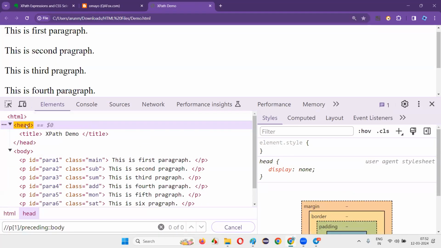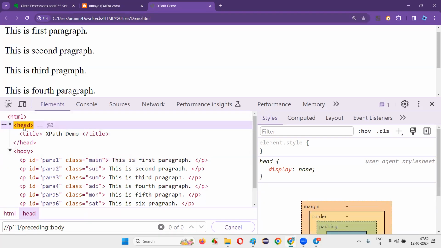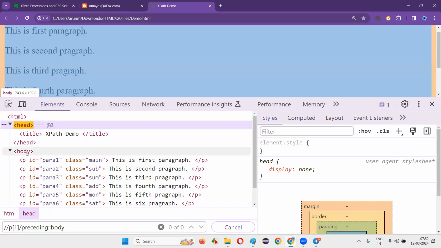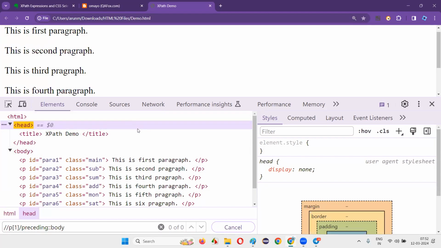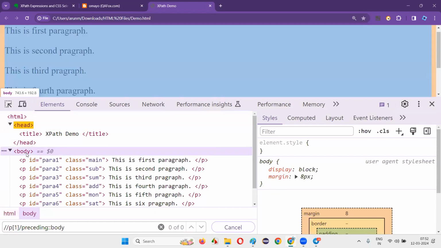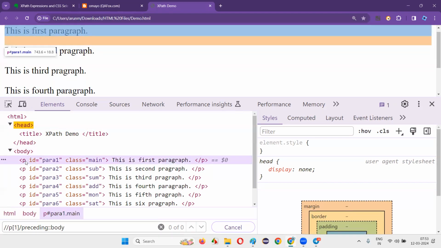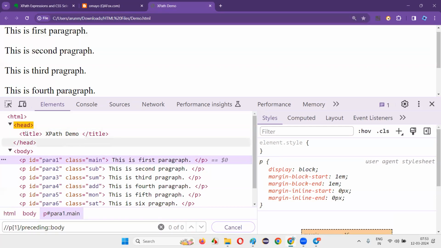But coming to this head tag, when you see the relation between p and head, if you compare with your family, let's say your grandfather is there, and grandfather has two children, this one child, this another child. You are the child of your father, and your father has a brother, let's say. So that brother is head here. So using this p preceding, brother related stuff, you can